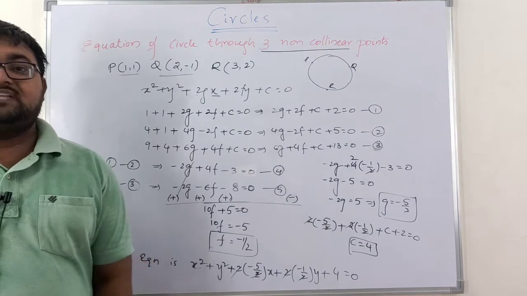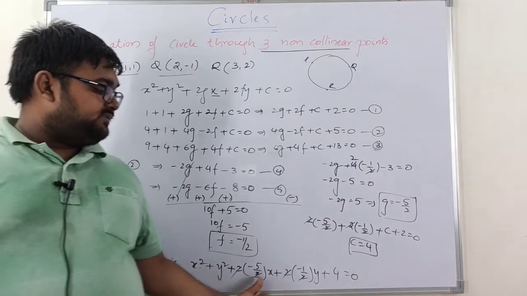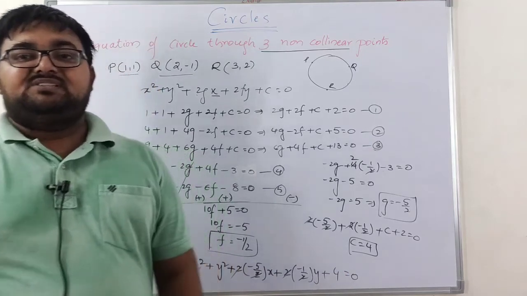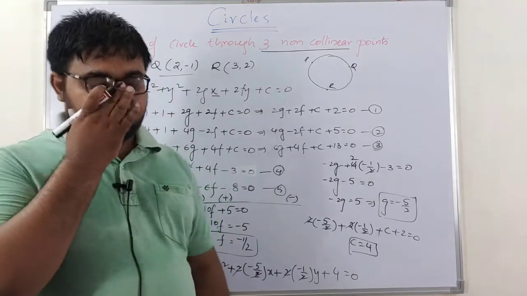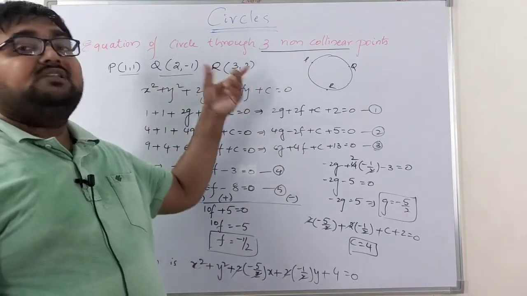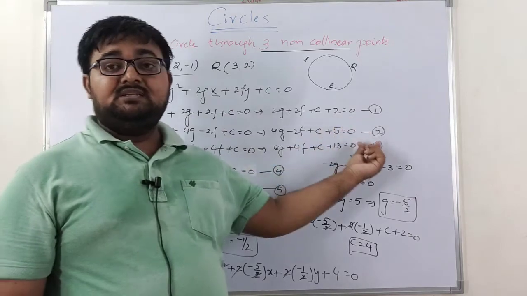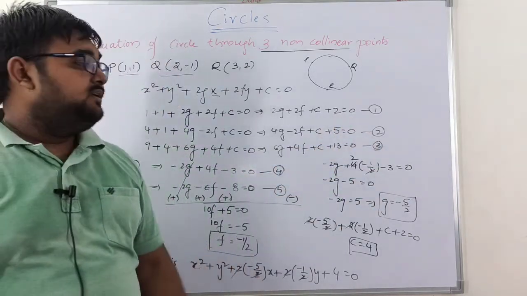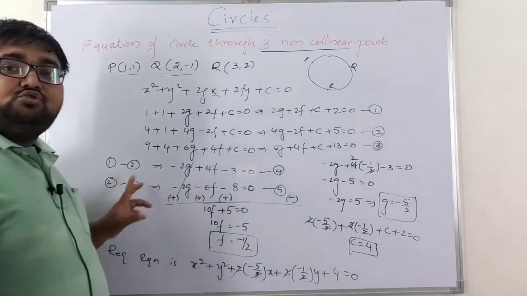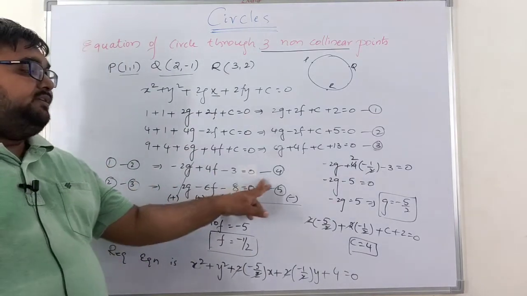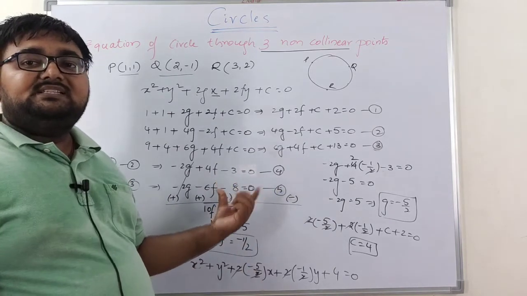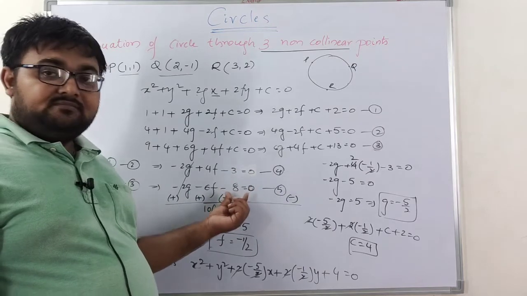So the required equation of the circle is x square plus y square minus 5x minus y plus 4 is equal to 0. So here the simple steps that we need to follow: first of all you need to write down the required equation, and after that we need to substitute the values one by one and note them as equation 1, 2 and 3. After noting them as 1, 2, 3, I can do 1 minus 2, 2 minus 3, and I will be noting those equations as 4 and 5, in which c is eliminated.